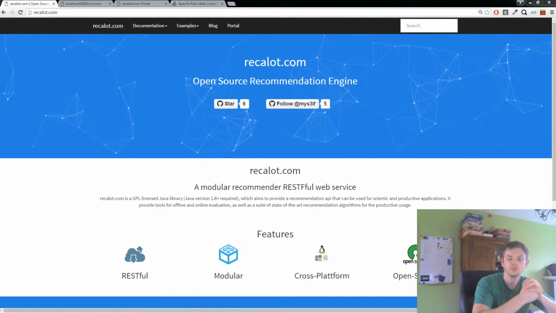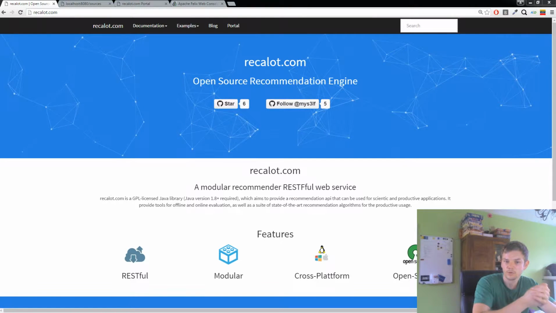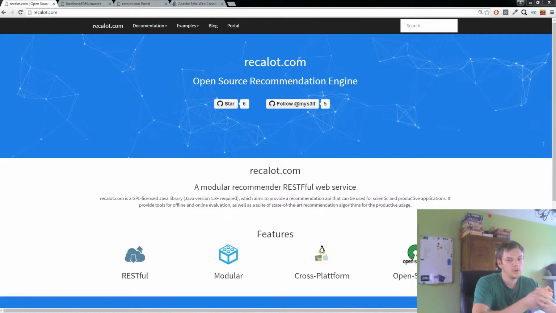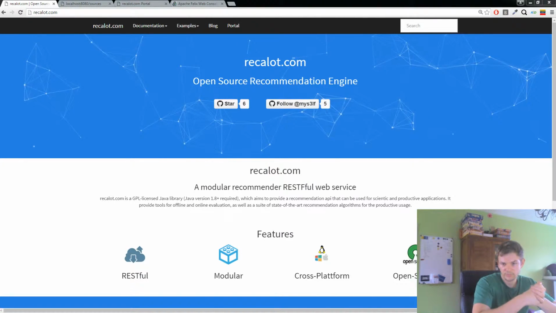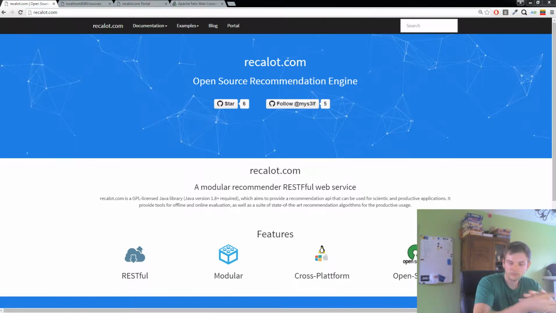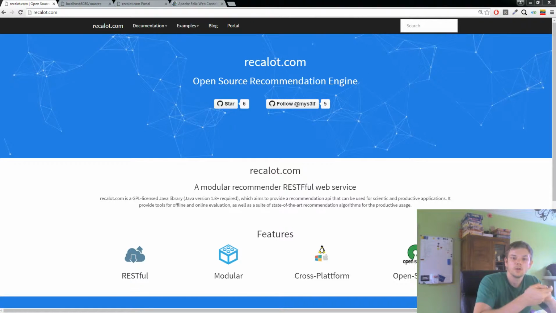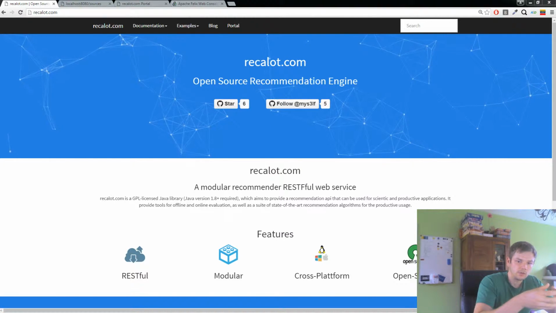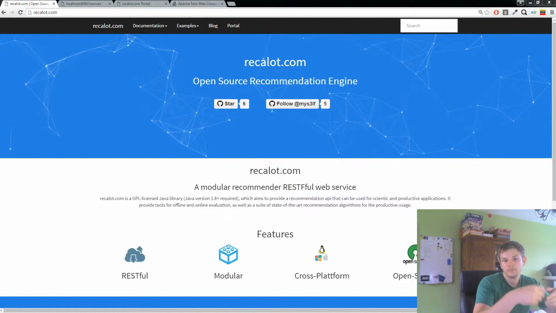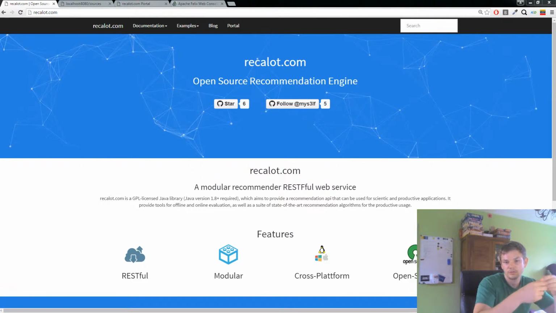I'm one of the main contributors of recalot.com, and today I will give you a short tool demonstration. Recalot is a recommendation web service. It's RESTful, modular, and cross-platform compatible and so on. And today I will show you how you can connect a data source, perform an offline evaluation, and use the same